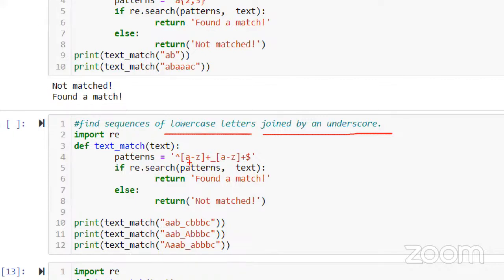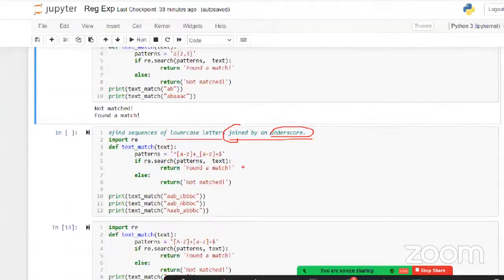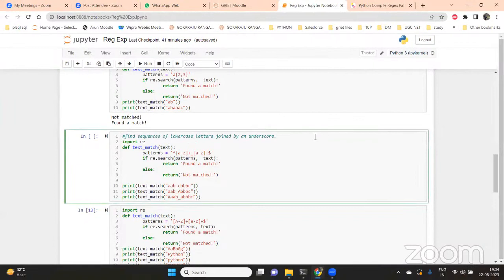See, A to Z, any lowercase letter you need to match. Then they told join. Join means you have to use the plus operator. Okay, plus. Immediately it should be joined by an underscore, the underscore keyword, right? So that's why they used underscore here. After that, what did they tell? Anything that is possible. See here: sequence of lowercase letters joined by underscore. I didn't complete the question actually. Joined by underscore